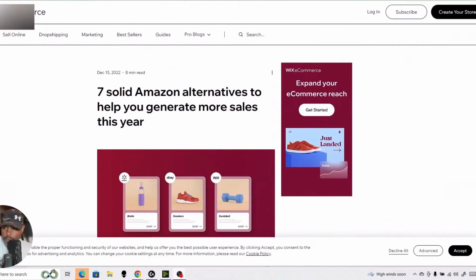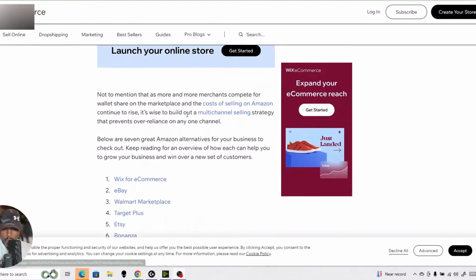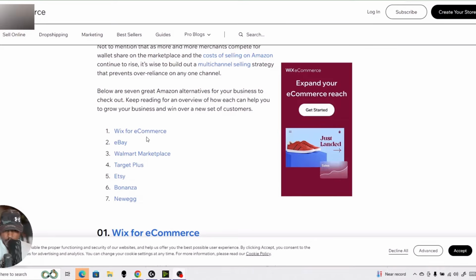Hey, here's something for you. I just Googled to find some alternatives to selling on Amazon, and you could launch your own online store. There's Wix for e-commerce, like we talked about, eBay, Walmart Marketplace. There's actually Target Plus. There's Etsy. There's Bonanza. That's been around for a long time. There's Newegg.